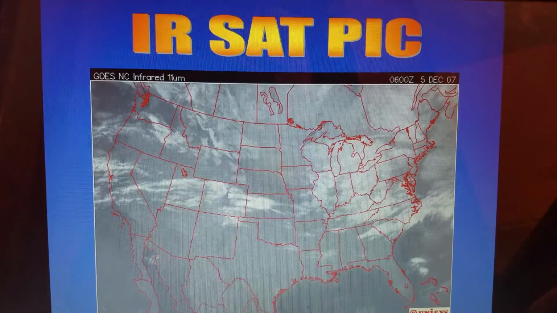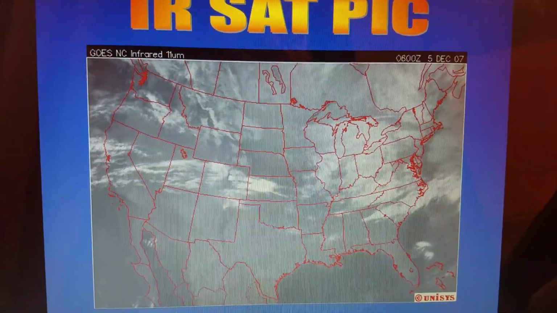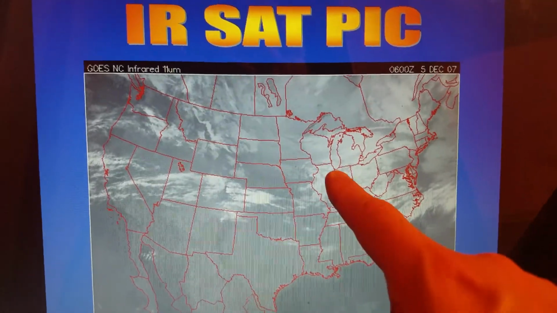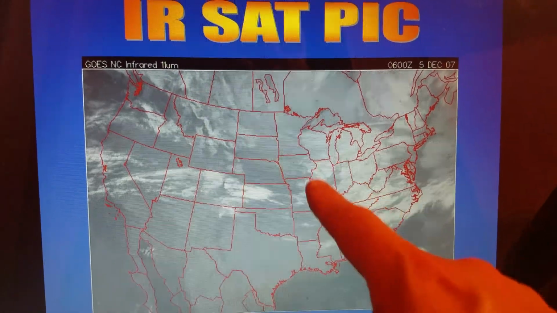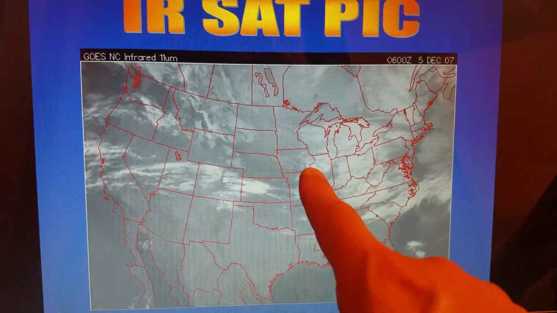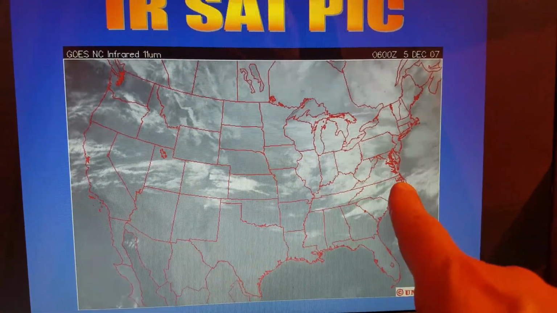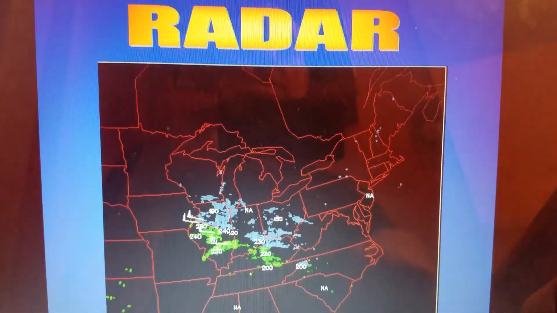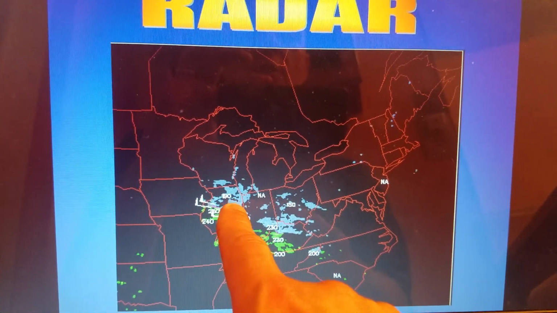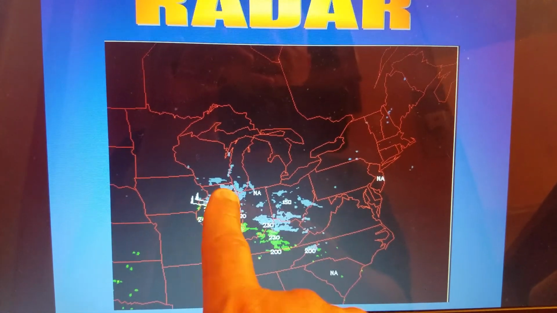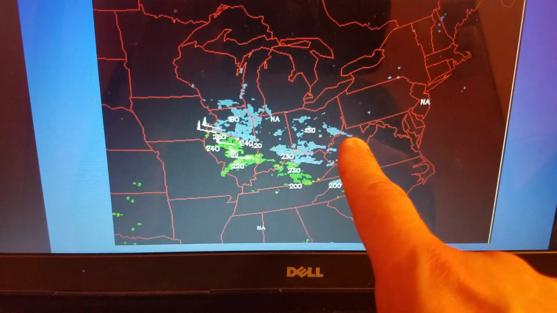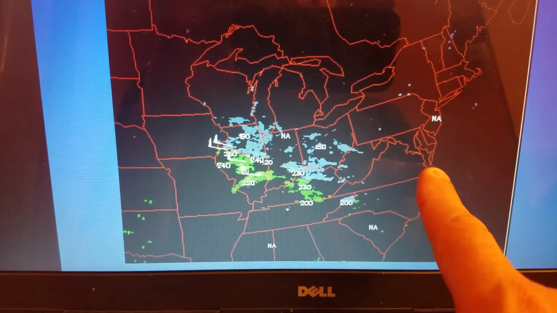And then an actual infrared satellite picture, just that alone, shows where the cloudiness is, the enhanced cloudiness, cooling cloud tops, which indicate that you have clouds that are precipitating or producing some kind of precipitation. This all is going to move basically to the southeast towards Southeast Virginia. And then the radar shows you where the snow's at. So you have snow over northern Illinois, down into eastern Kentucky, and this axis will continue to shift basically all the way down towards Southeast Virginia. All right,